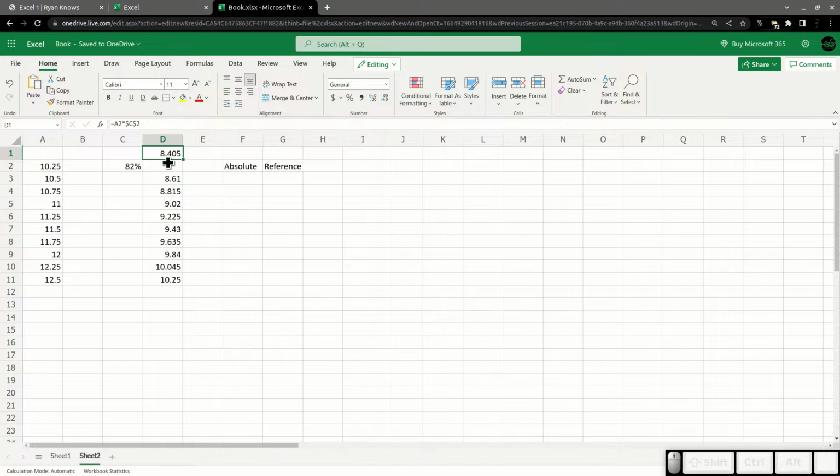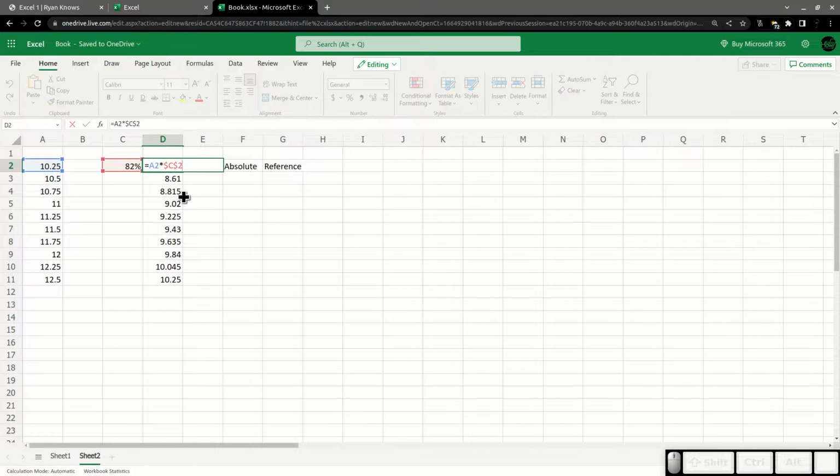Yeah, so we have, oops, I moved that. We have two things going on here. In terms of references, there's actually like 4 or 5 things going on. We have a relative reference, since this doesn't have dollar signs, which means Excel assumes by default that a reference is a relative reference, right? You have to be very specific and put those dollar signs in order to make it an absolute reference.